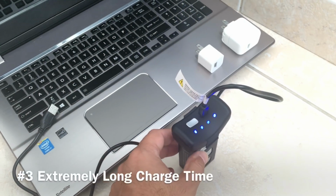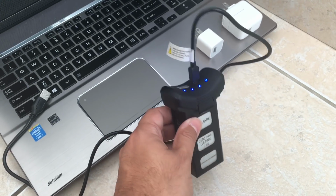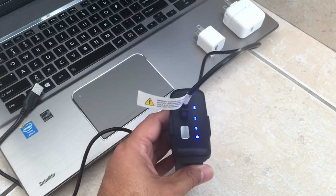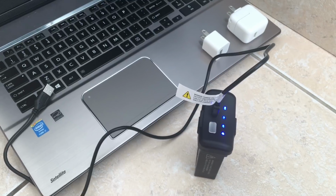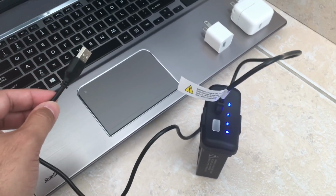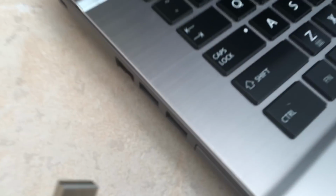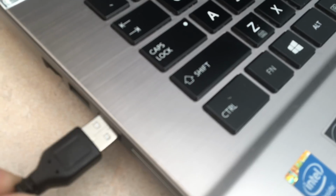Now, another misconception is that it takes 6 or more hours to fully charge the battery. In all my chargings, I have not seen nearly that much time needed to fully charge the battery. If some of you have been seeing that, it's probably due to one main reason, and that's probably because of where you charge the other end of the USB port. If you decide to use, let's say, an older computer or laptop with an old USB 1 port, not a USB 2 or 3 port, and you plug this in to start charging it,